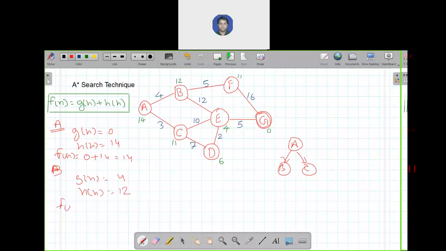So Fn for this node is 4 plus 12, which is 16.